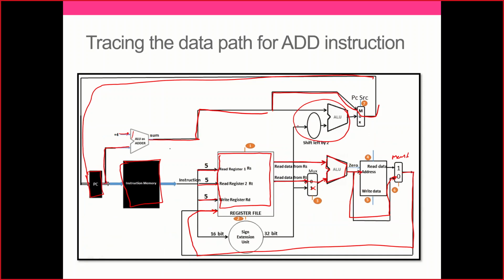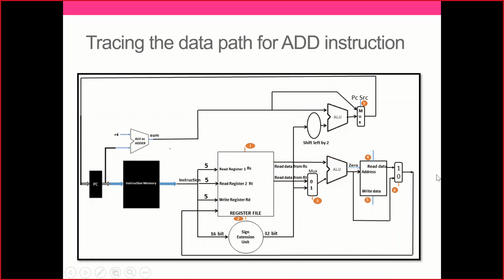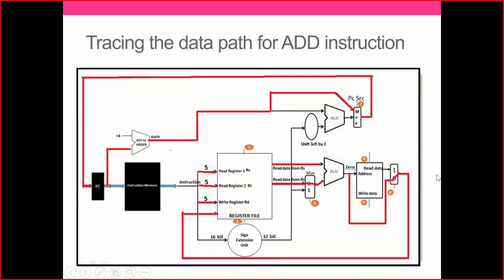I'll clear the screen so that you can see it once more very nicely. Now see that this is what I have drawn. I tried to draw. I had a lot of time to draw this when I prepared the PPT, but now since it is a regular class, I do not have time to do all those. Now see that the first path is here, which means I ignored this totally. This is not in the picture because it is not a branching instruction. At the same time, whichever component I have used, I have highlighted it all properly.